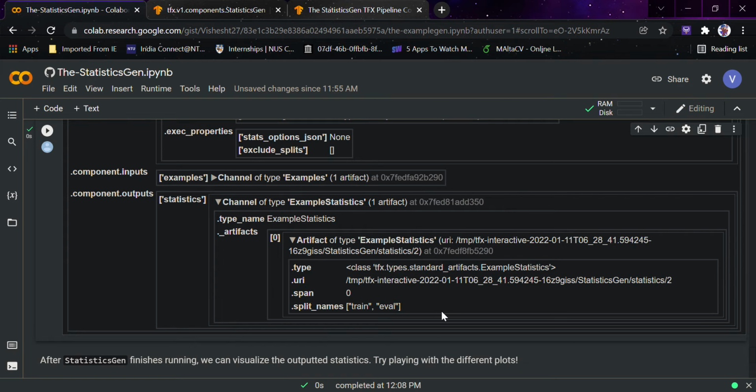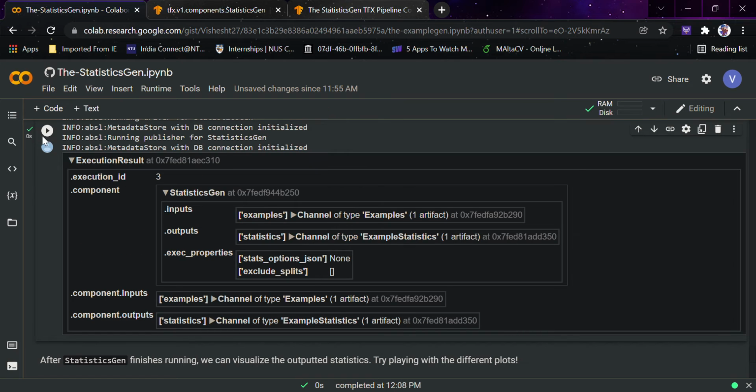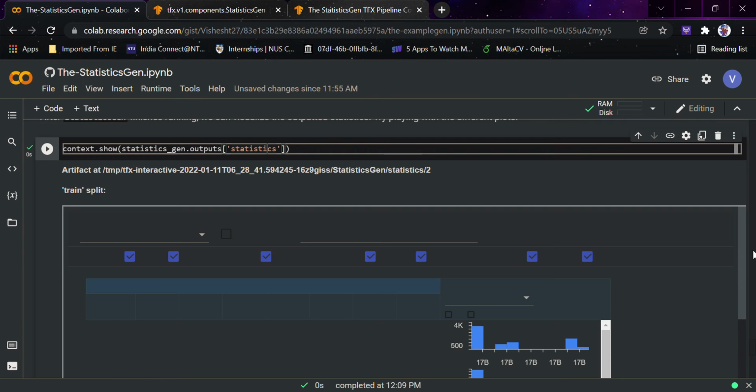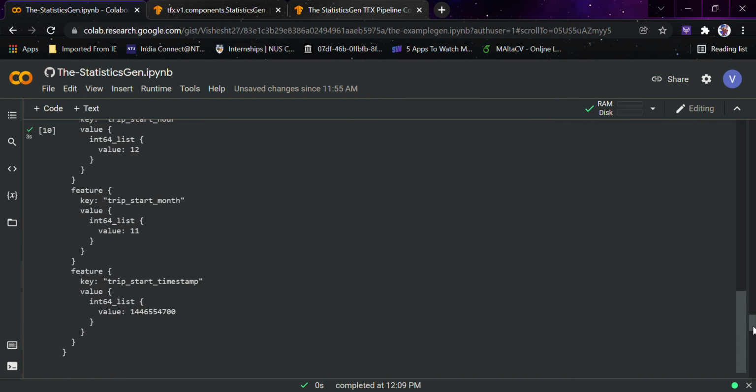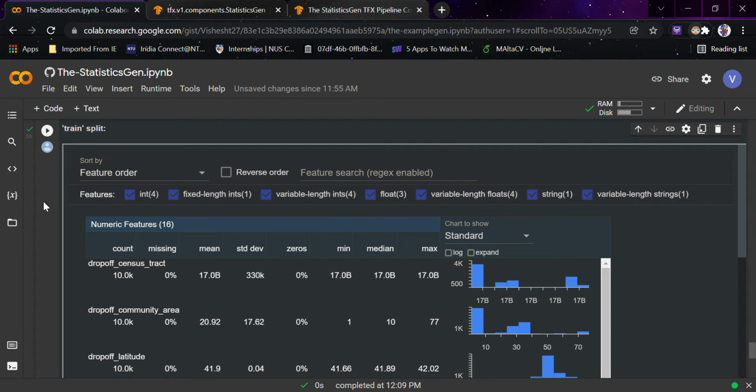And you can see it is giving us that only. Now once we are done with that, let's look at this context.show. It shows the statistics. This is the main part. You want to see the statistics, and for that I would make sure that I turn off my dark mode, because visibility can be a problem for you in this case.